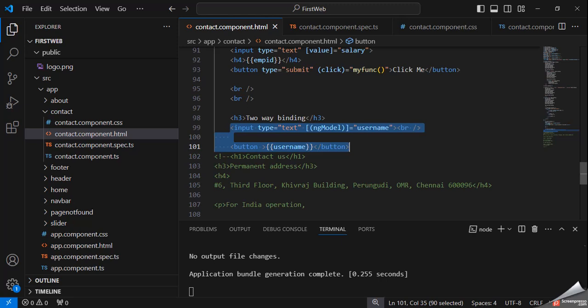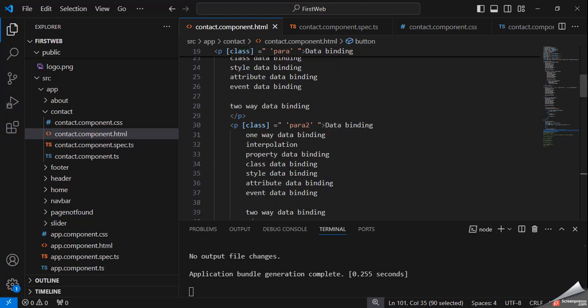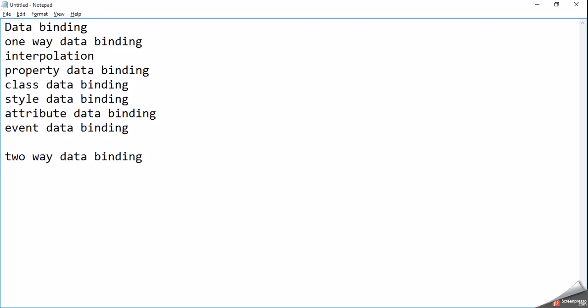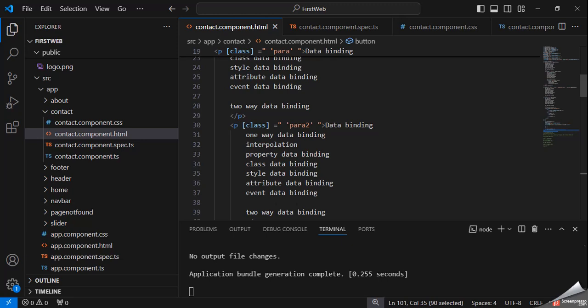So there are different types of binding, like one-way binding and two-way binding. In one-way binding: interpolation, property, class, style, attribute, and event binding.